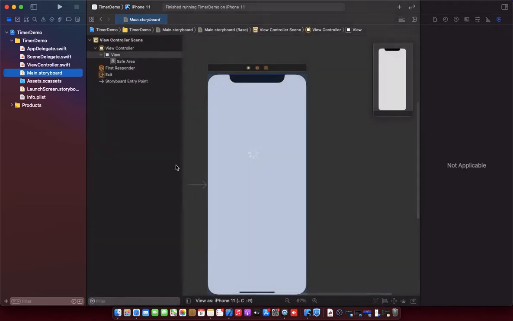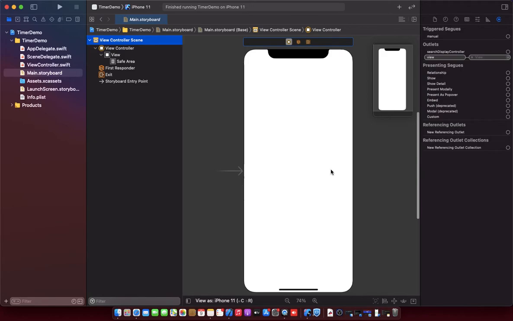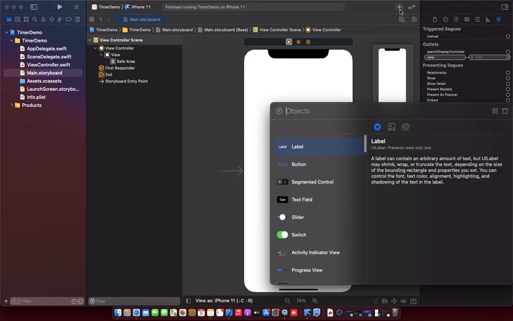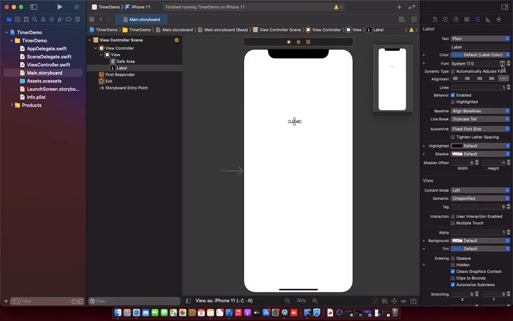Open Main.storyboard, select this view controller and add a label to the view controller. So here is the label. Give it a font size.